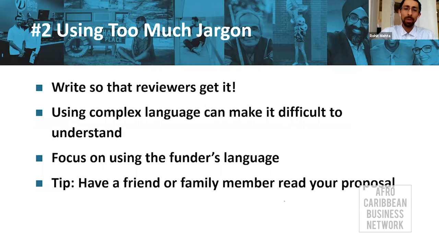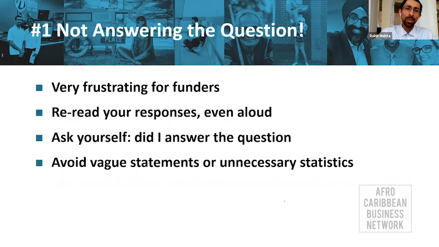As a general tip, I just recommend having a friend or family member read your presentation, because a lot of times they'll ask you if something doesn't make sense, or if you've used some wording that's not common, they'll call you out on it. And the number one tip, the number one most common mistake when it comes to grant applications is not answering the question. So this is absolutely frustrating for funders, for grant reviewers. You know, we'll ask a question like, how is your organization going to make an impact on this issue? And they'll respond, you know, 25% of people are living in poverty.